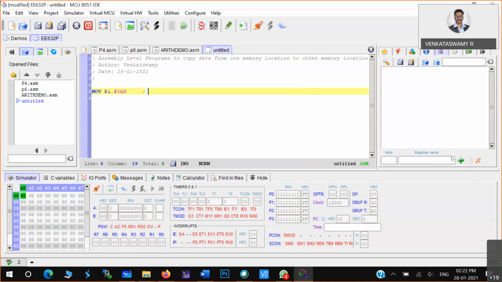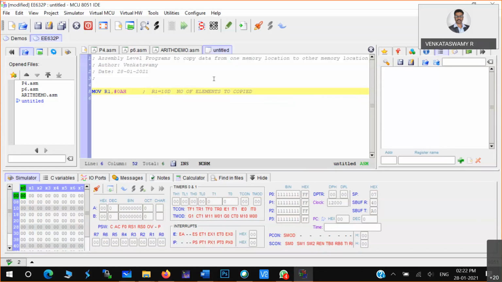Yes, 10 to R1. 0A means 10, so the 10 you are putting into R1. What is that 10? 10 is basically the count. So R1 is equal to 10 decimal, which is nothing but the number of elements to be copied.